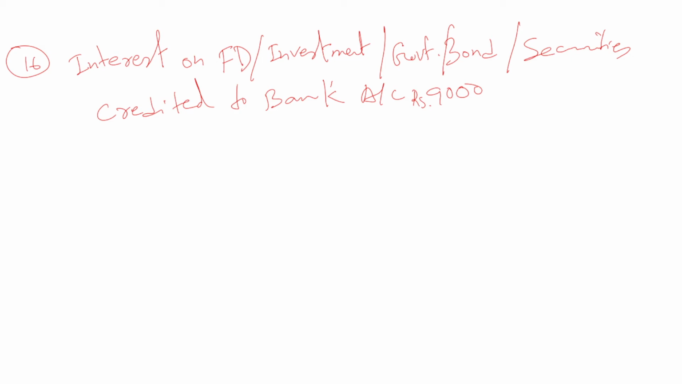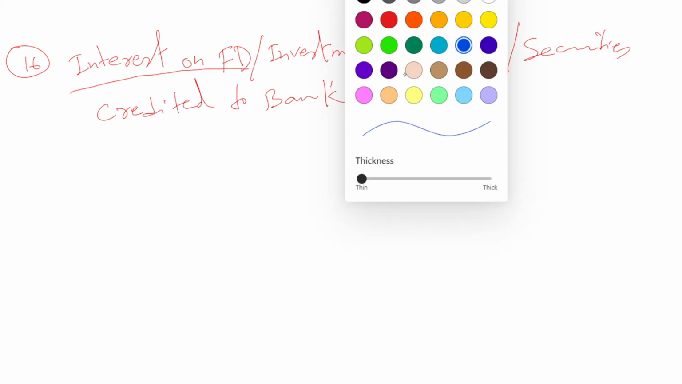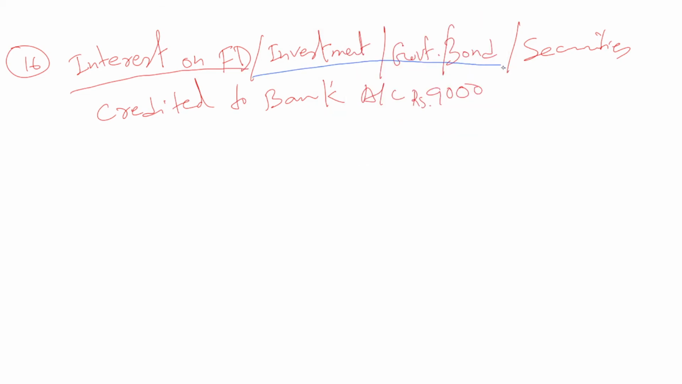Here it is just the reverse situation of the previous one. In this case, interest on FD and interest on investments are all incomes. So our income will be credited, no? So debit will be our bank account, meaning the bank account balance will be increasing. So bank account debit